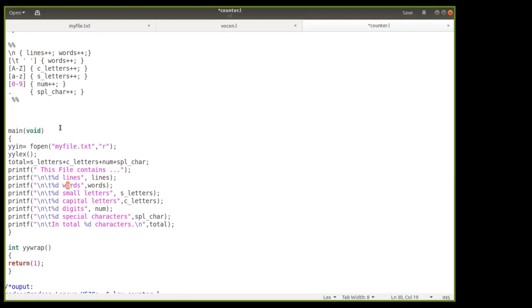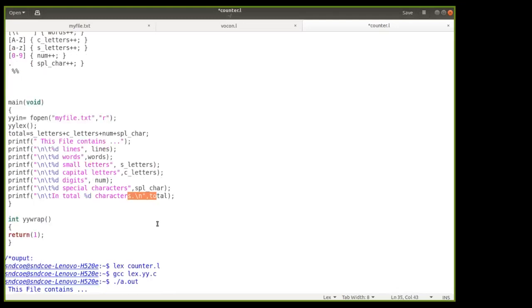Then how many words are there will get displayed as we are counting the words here. Then how many small letters, how many capital letters, then how many digits, which will get displayed using the num variable, how many special characters, and how many totals are there, that we can display here. Understood?